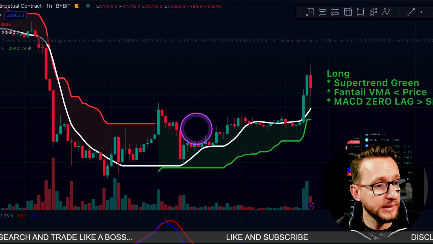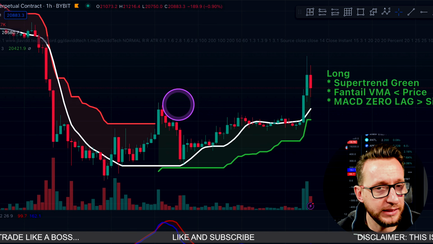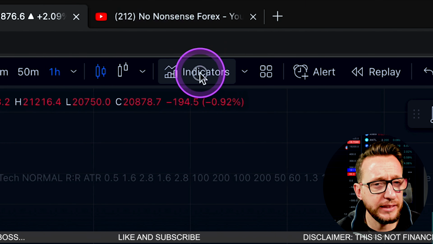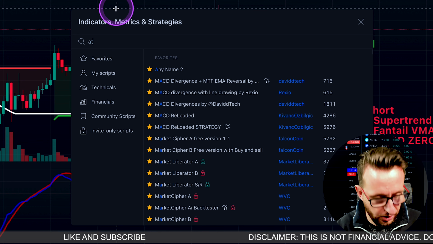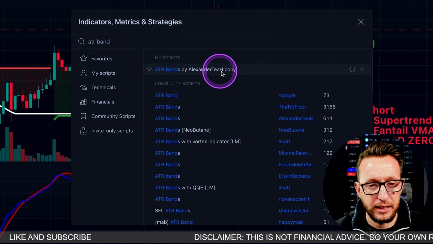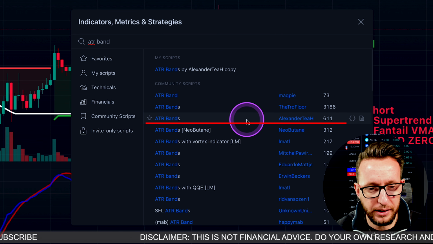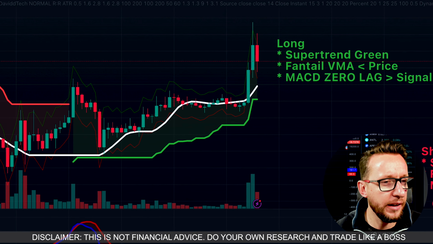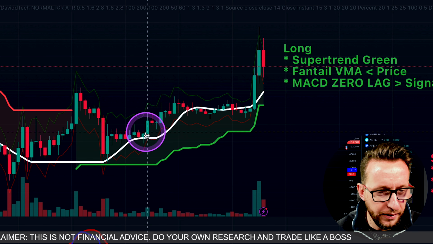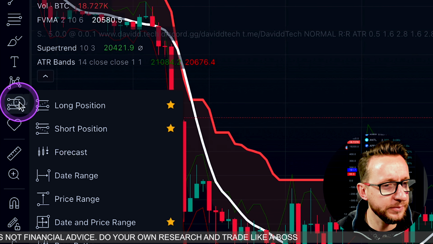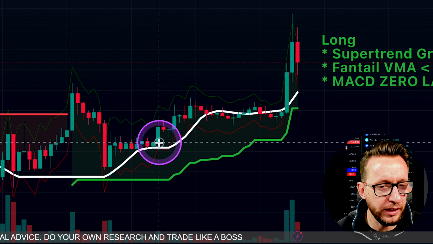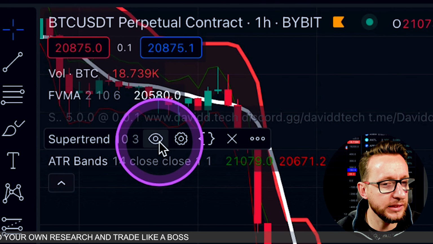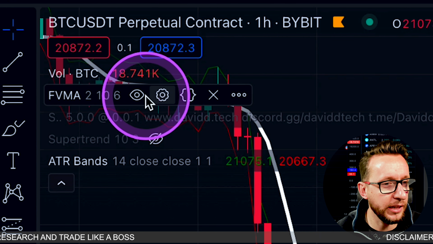Right, okay, for me to set up my take profits and stop loss, I'm going to be using another indicator, the ATR bands by Alexander TH, which is this one here. I'm going to click that here, just to add that to my chart so I can show you. So our entry would be this bar here. So put a long position here. And then I'm going to hide the indicators just for a minute so that I can set my take profits